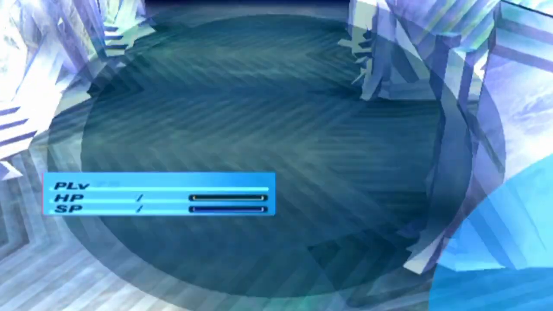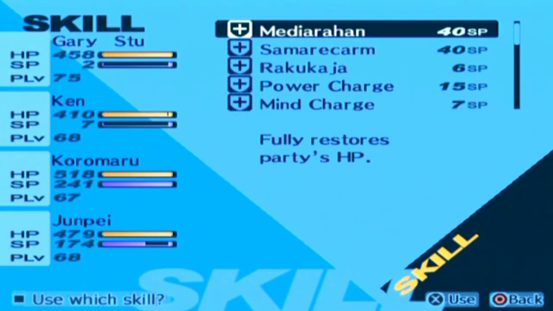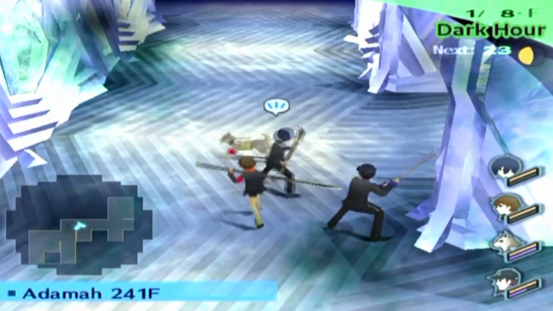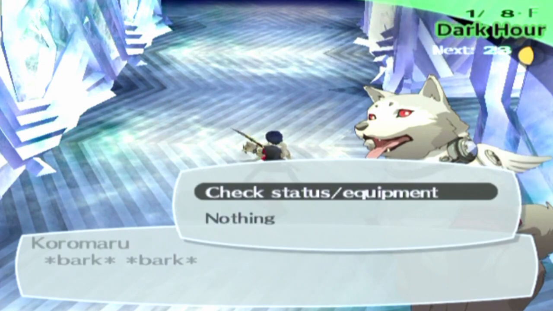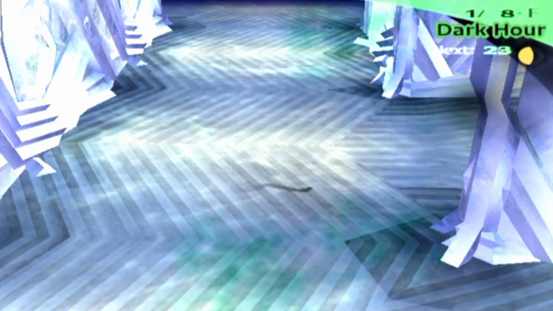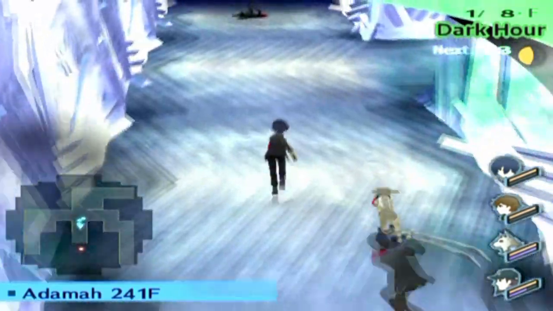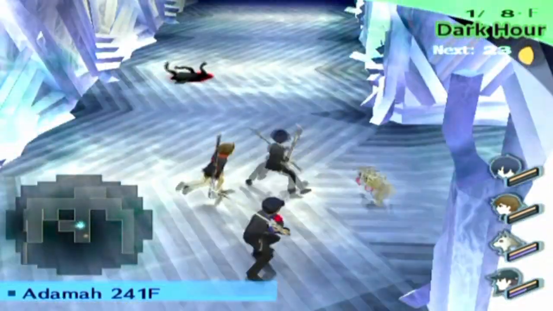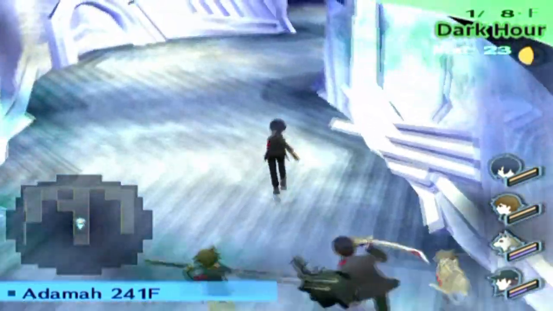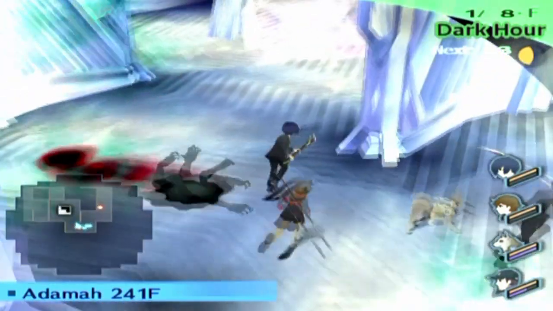Let me just check our levels. We are at 68, 67, and another 68. How close is Koromaru to 68? Yeah, we're really getting up there. Not all that close. Mamudoon, and you even have one skill beyond Mamudoon. Maybe we haven't found the stairs, actually. That's probably a Jotun, though. Well, that's definitely... Well, actually, wait, that's not a...